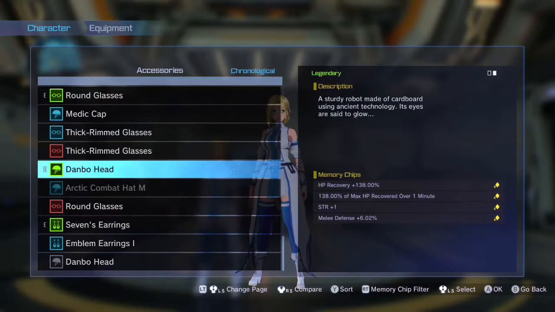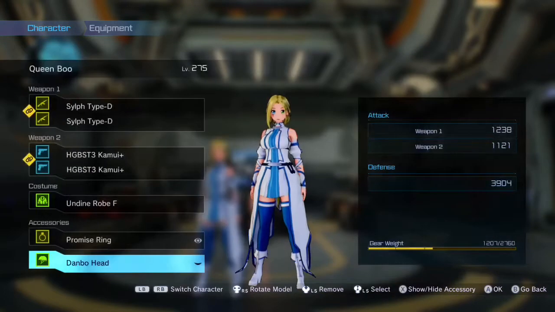And now, of course, as of DLC 4 being added and the pack giving you the Dombo head, I obviously had to get it, so I moved my chips from another accessory onto the Dombo head, but my other accessory is the Dombo head with...